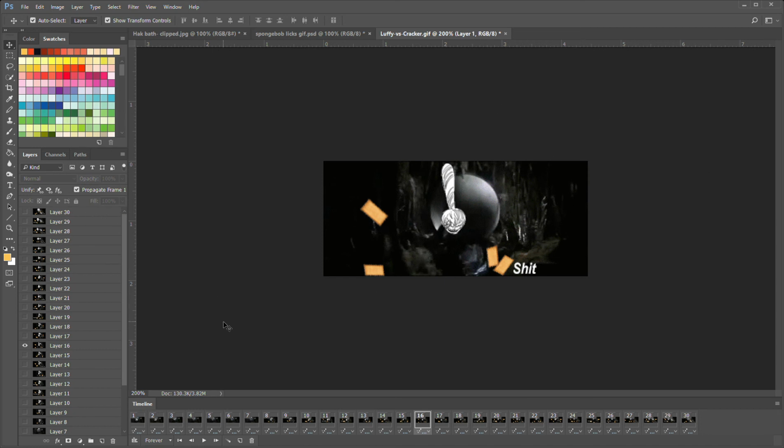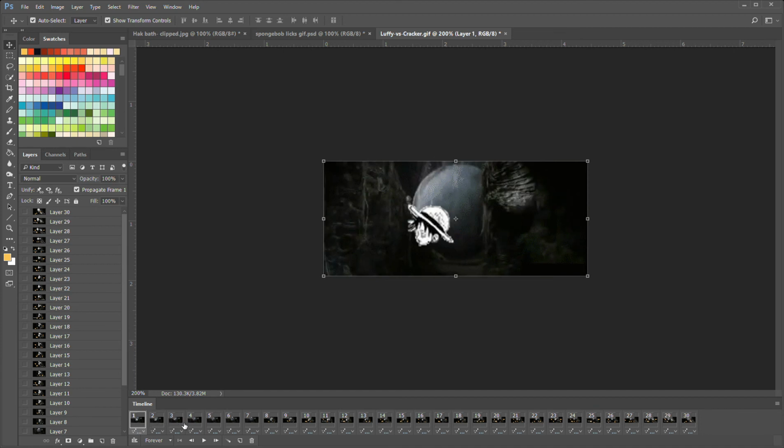Sorry, brain fart. So, you don't want to do frame by frame with everything going at once. You want to just pick an element. So for the first one, I picked Luffy's head and I stuck it on the boulder, and I